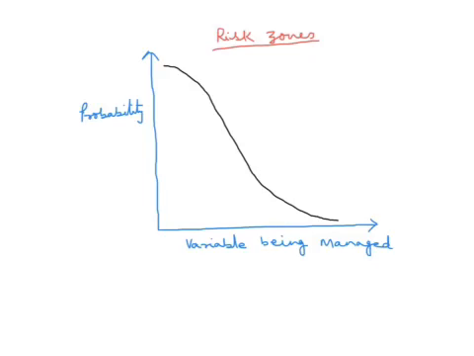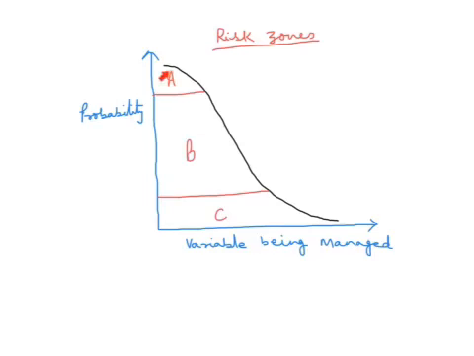So that's why we can identify various risk zones where, depending on the sensitivity of probability, we can choose risk management measures. In a very rough way, we have divided this zone into three different parts. Say one, that is A, the second is B, and the third is C.